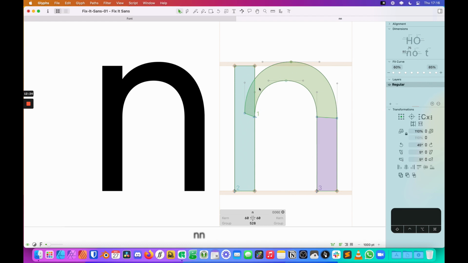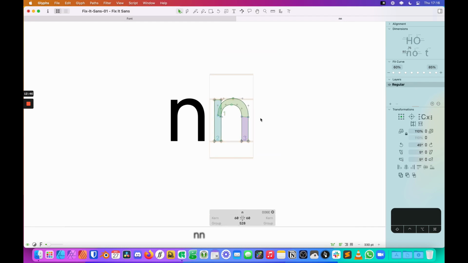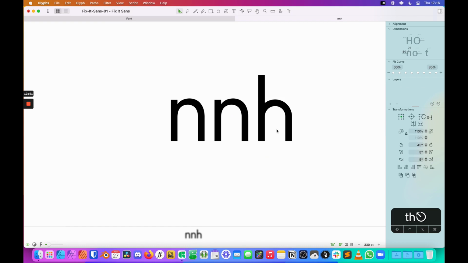And so what this does is this point here is roughly centered between this point on the very right side of my character and then this point that we moved on the left hand as well. So this point is centered between the two that it touches on the inner circle, and then on the outer circle, this one does the same. And it helps make your character look a little bit more even. Now, since I really didn't save a before and after, the best I can do is bring back up the H here, but I think this still is a suitable before and after, but already you can see that it looks a lot better with just those few adjustments.